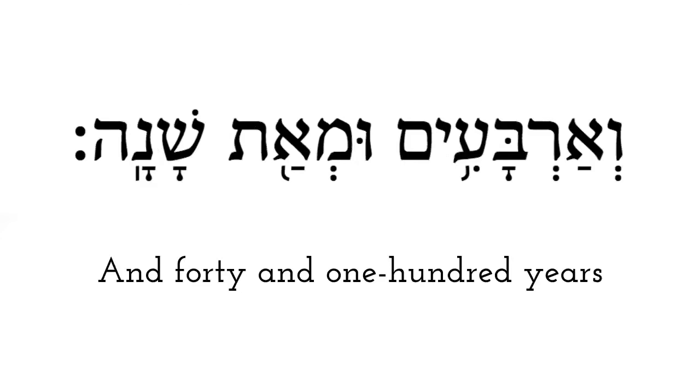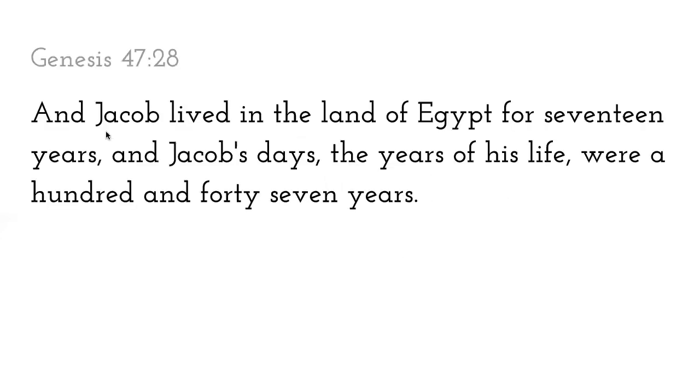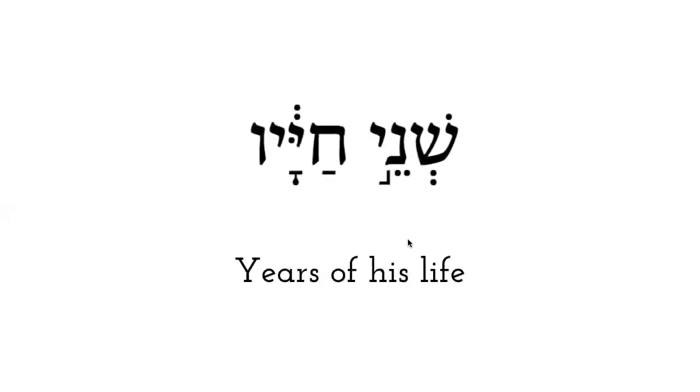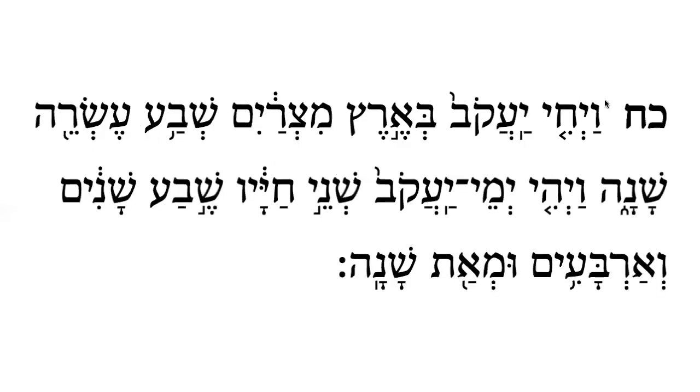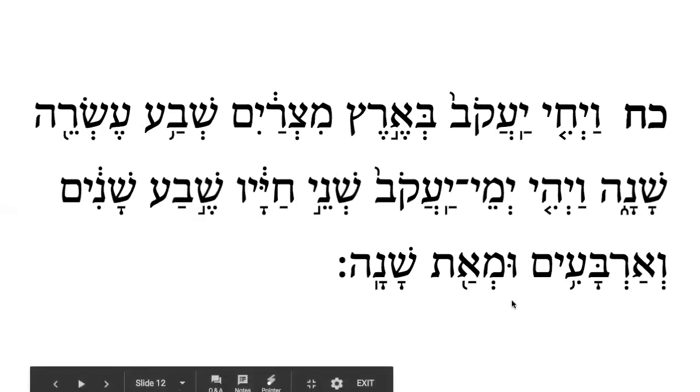Okay, so let's just look at the English again. And Jacob lived in the land of Egypt for 17 years. And Jacob's days, the years of his life, were 147 years. Okay, so here's the whole verse together. Vayechi Yaakov, and Jacob lived be'eretz Mitzrayim, in the land of Egypt, sheva esrei shana, 17 years. Vayehi yemei Yaakov, and the days of Jacob were shnei chayav, the years of his life, sheva shanim, 7 years, ve'arba'im ume'at shana, and